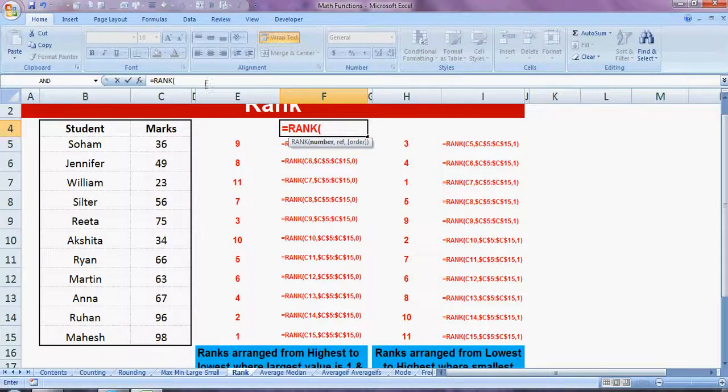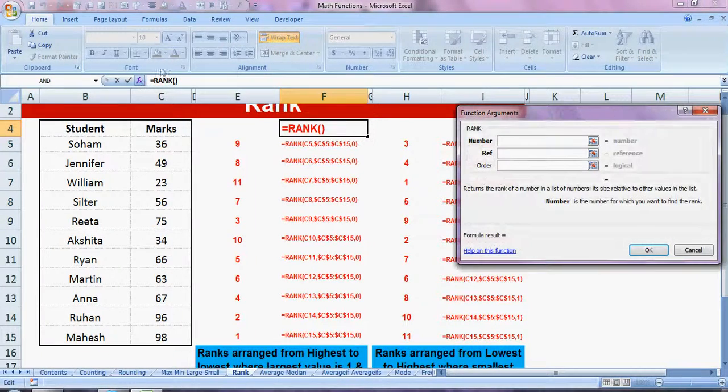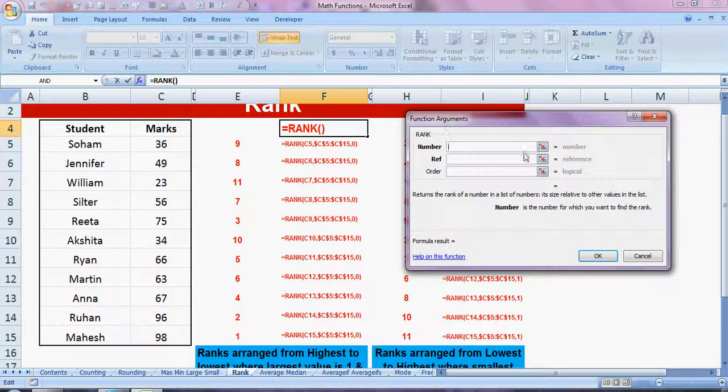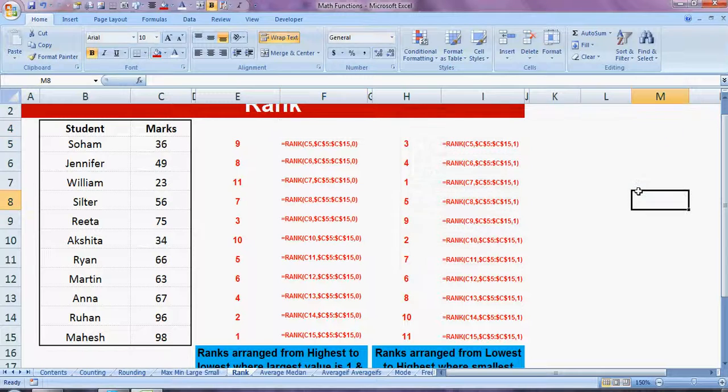RANK, can click over here. So number first you have to mention, then the complete range or the array or a list of numbers, then the order. So when you put 0, the list is ranked in descending order, and if you put any non-zero value, maybe 1, 2, whatever, it will rank the list in ascending order. So in order to make it simple for you,